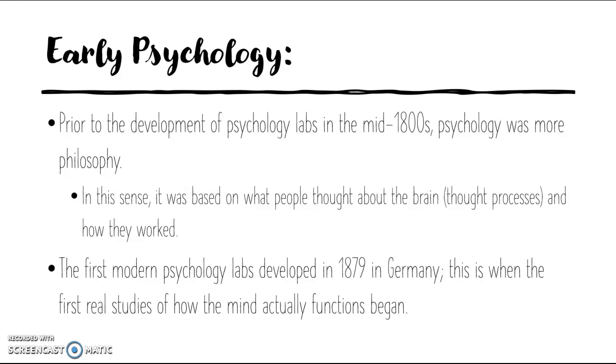Before we dig too deeply into these perspectives, however, it would be good if we had a definition of psychology in the modern sense, and then we can begin to see how that definition changes and evolves across time into the science that we know and love. So a good definition of modern psychology is the science of behavior and mental processes.